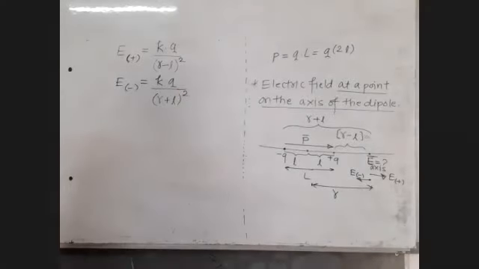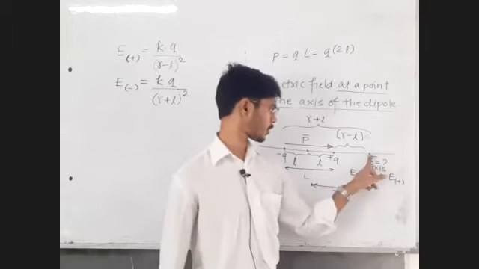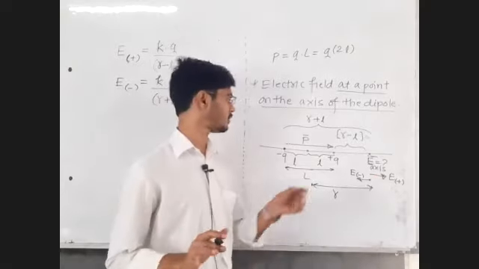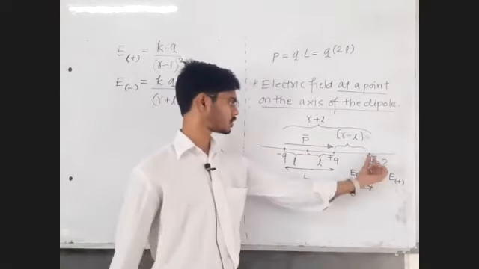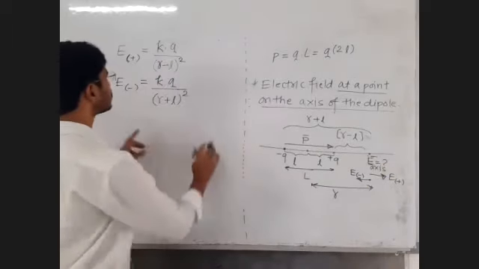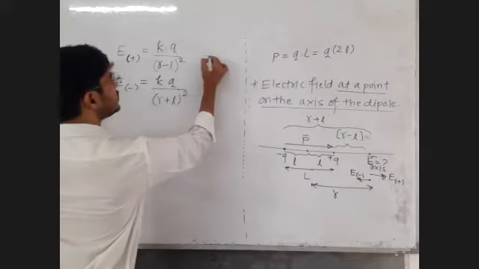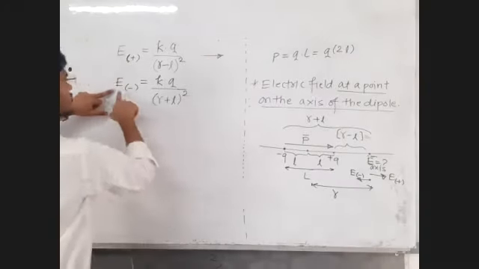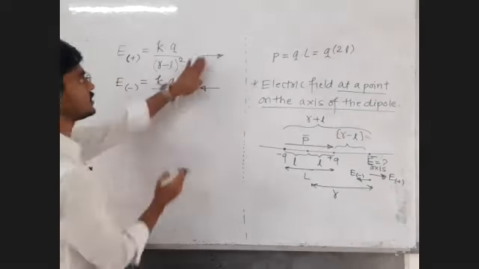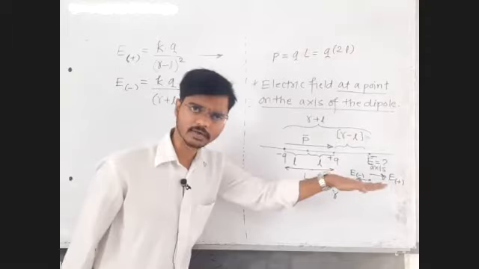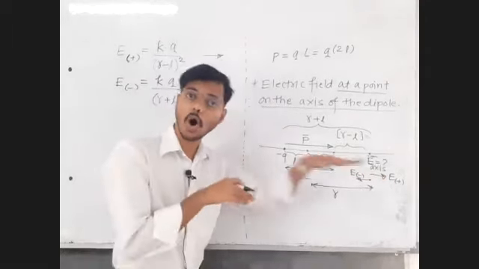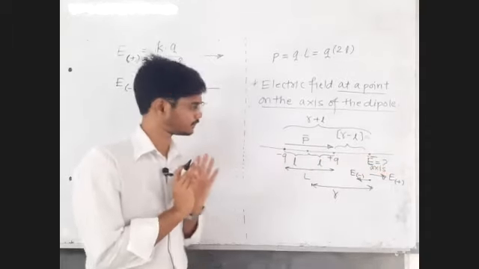Okay, sir. Fine. What is small r? Small r is the distance of the given point from the center of the dipole. Generally all the distances are to be measured from the center of the dipole. So if this is the given point, its distance will be measured from the center. Now this electric field is rightward in direction, and this electric field is leftward in direction. These are the values, these are the directions. First vector is rightward, second vector is leftward. Then net rightward vector is equal to all rightward minus all leftward.